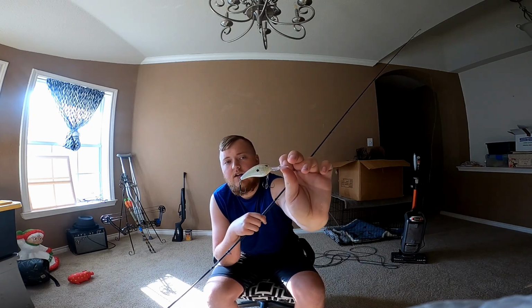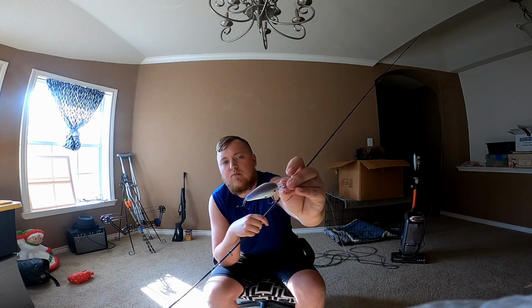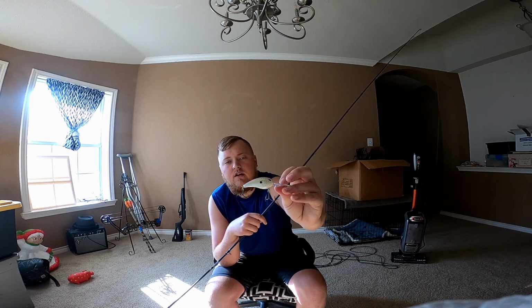So it's a good medium diving crankbait. This color is actually called Cellmate. It's like a nice shad profile. Got a little bit of chartreuse, a little bit of blue, a little bit of purple, white, kind of a lot of different colors, but it looks like a threadfin shad or a gizzard shad. Cool bait there. And it comes with Gamakatsu hooks, but I switch them out to the Mustad KVD Elite triple